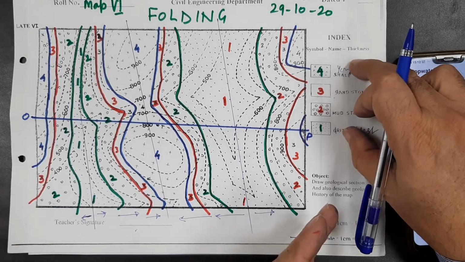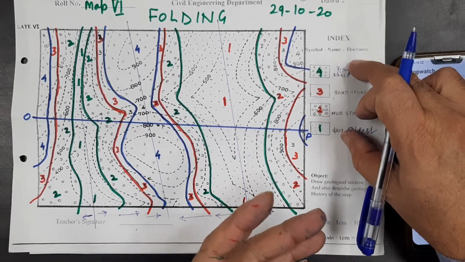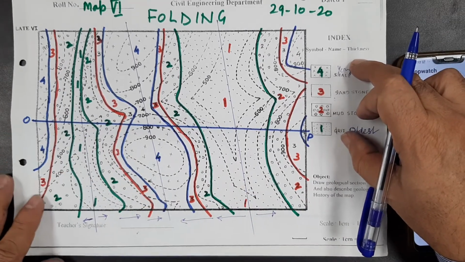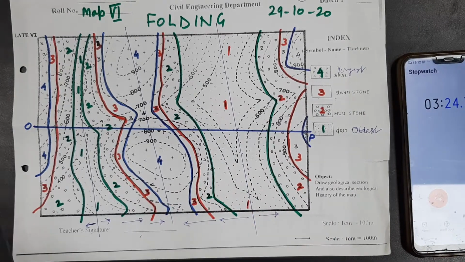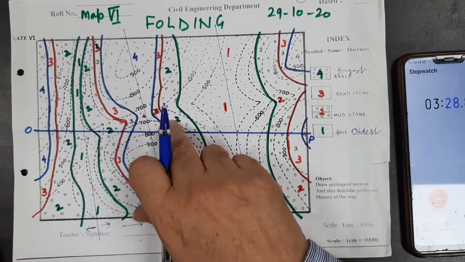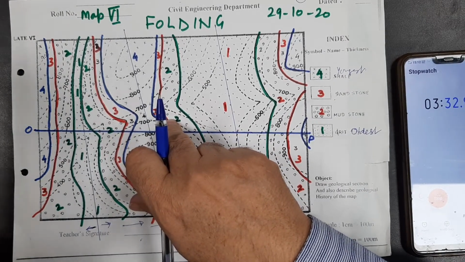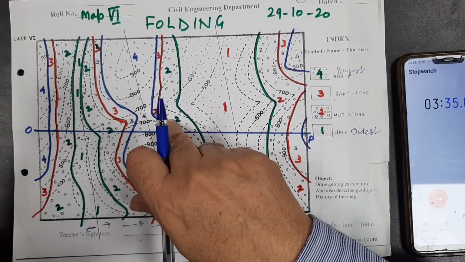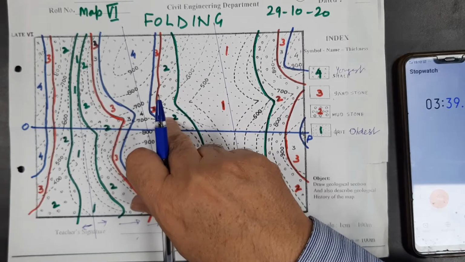If the order is not given, if we don't know which rock is older and younger, then we can't say this. We have to solve this map afresh as we have done in other cases, then we will be able to solve it. In this map we have to draw a lot of strike lines. The map which I have given to you has the strike lines already drawn. You have to give them only values.